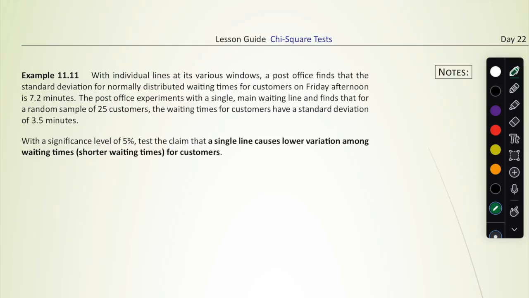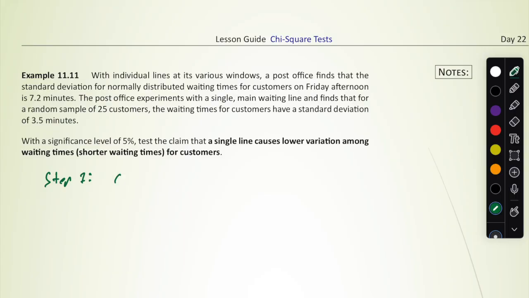The post office experiments with a single main waiting line and finds that for a random sample of 25 customers, the waiting time for customers has a standard deviation of 3.5 minutes. With a significance level of 5%, test the claim that a single line causes lower variation among waiting times for customers. Lower variation, yeah. Okay, so step 1,